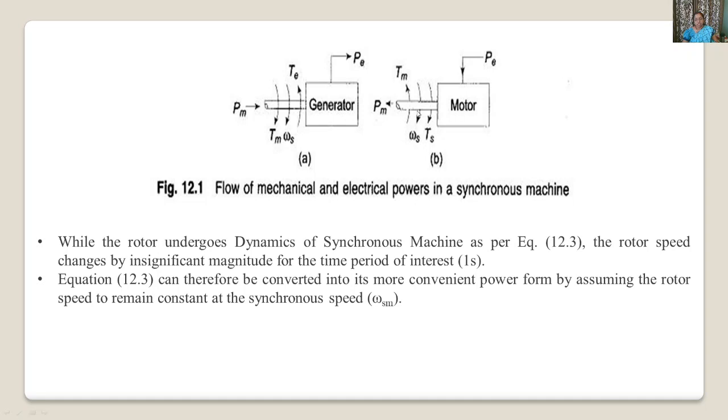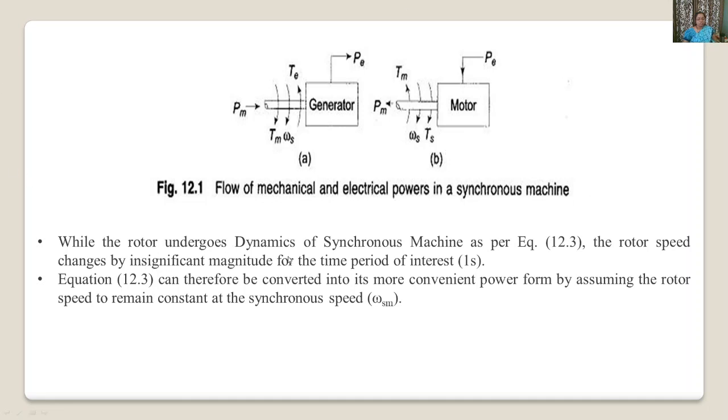In case of a motor, this is synchronous speed. This shaft torque operates in the same direction as synchronous speed, while electromagnetic torque operates in the reverse direction. So here you can see Tm and Ts change. Here, in the generator, Tm has clockwise direction and T has anti-clockwise direction, while in case of motoring, Tm has anti-clockwise direction while Ts has clockwise direction. So this changes according to the machine.